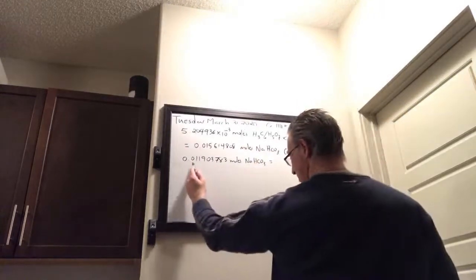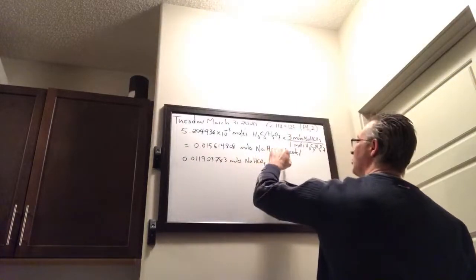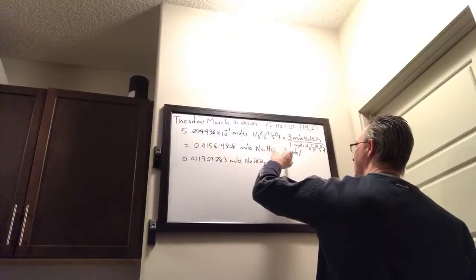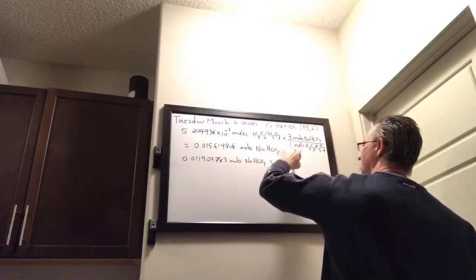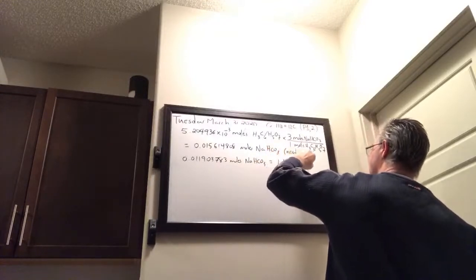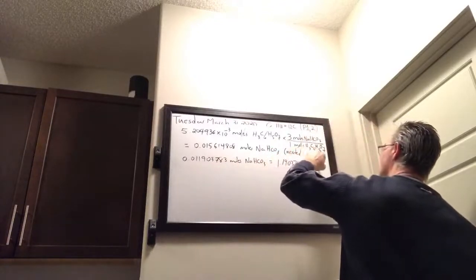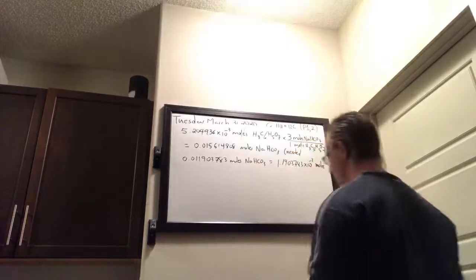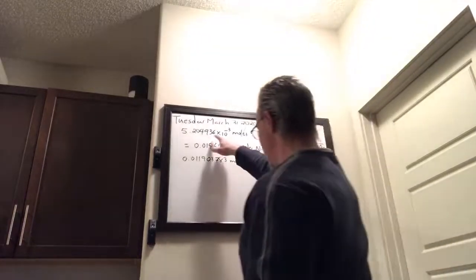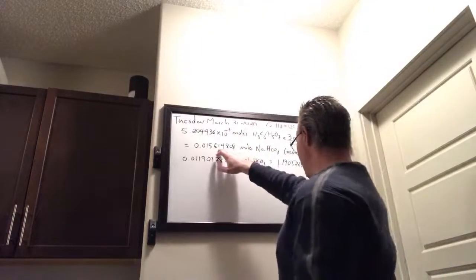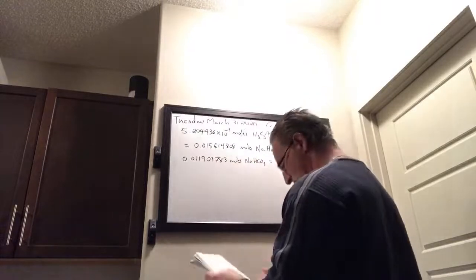You can move that decimal over twice. We get 1.1903783 times 10 to the minus 2 moles sodium bicarb. Now let's just subtract this number from that number, and we'll see how much is going to be